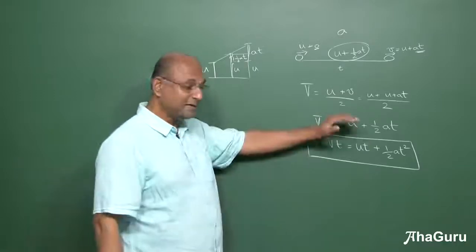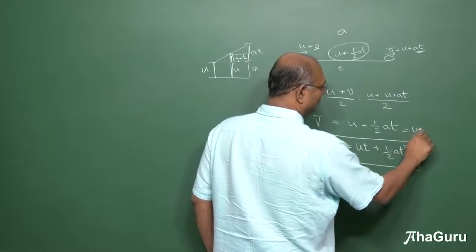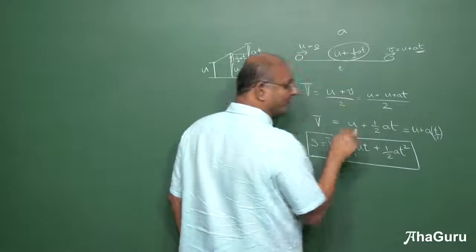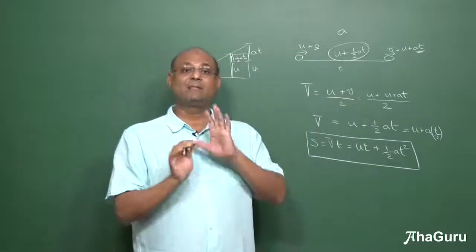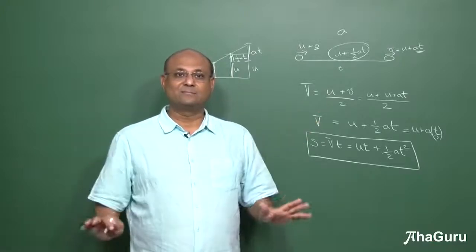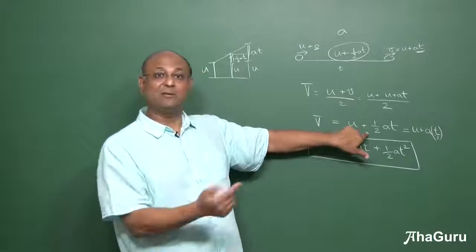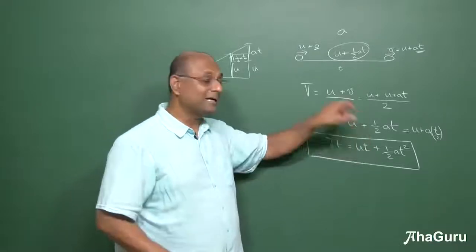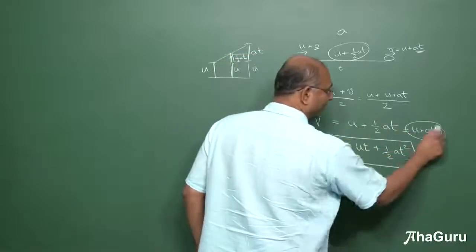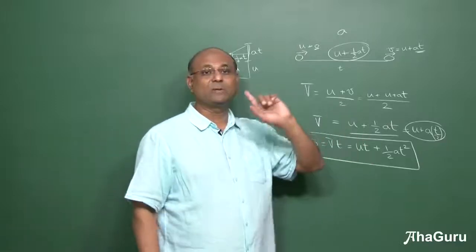It's very good to understand this really well. Later on in the next module, I will ask you to think of it this way, where I will take the half and move it inside, and then we can interpret it very well. In mathematics, deriving a formula is the end. In physics, understanding after you have derived, using the formula, interpreting the formula, that is important. So we will interpret this separately later. This is not for now. Let us concentrate on this. Average velocity is u plus half at. So displacement is ut plus half at square.